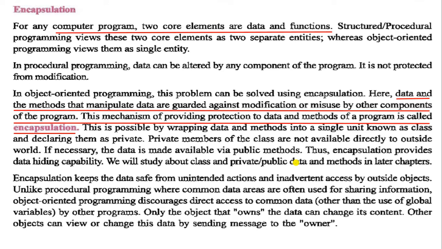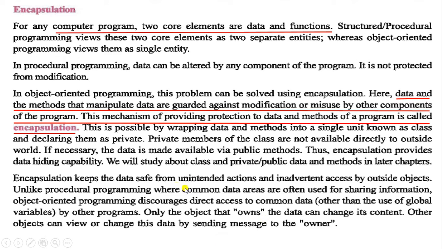That means many objects or programs can be available in a single class. What exactly happens in encapsulation? Other classes' data does not enter the main class and does not modify the current class data. That means providing protection to particular data and methods, which we call encapsulation.